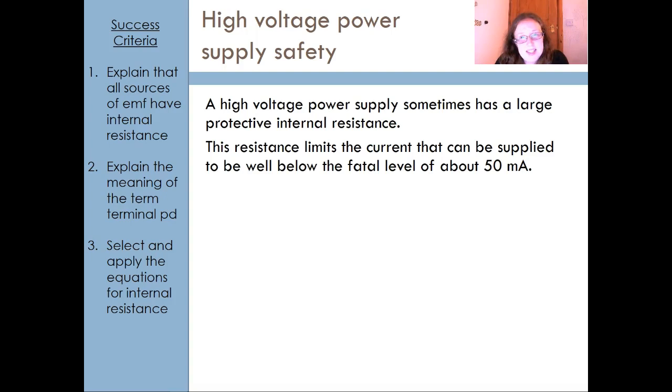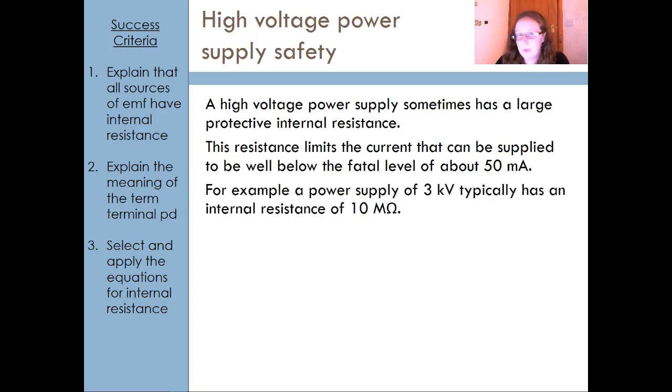So it means that you can never get up to the fatal amount of, huge astronomical number here, 50 milliamps. You get a current of 50 milliamps through you, that's enough to kill you. So with the large resistance in the power supply built in to the internal resistance, it's going to keep you safe. So for an example, if we have a power supply of 3 kilovolts, it would have an internal resistance